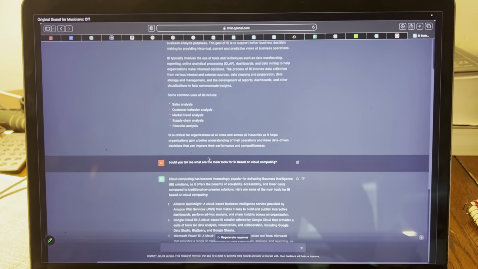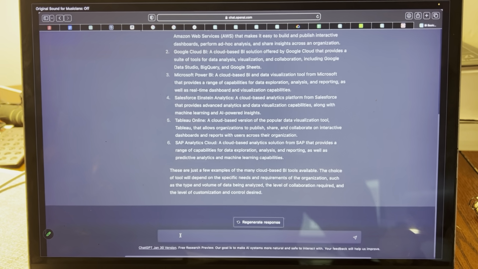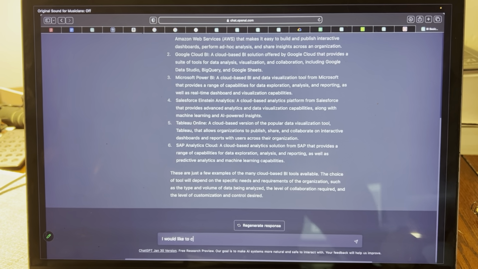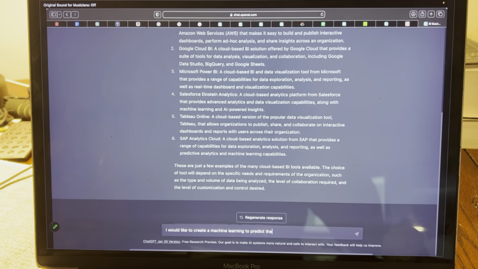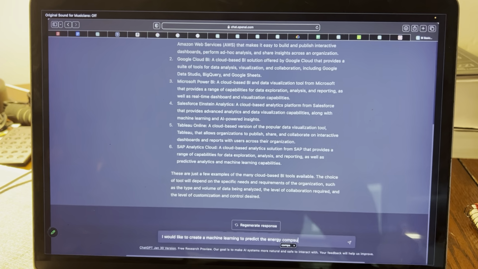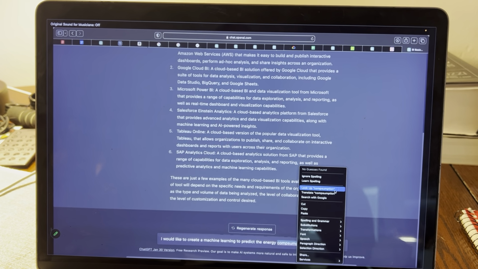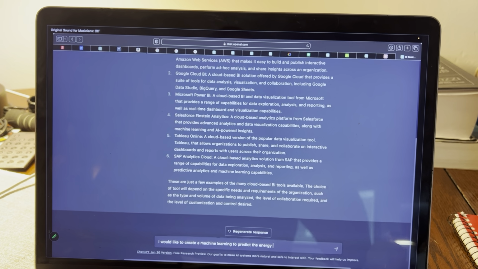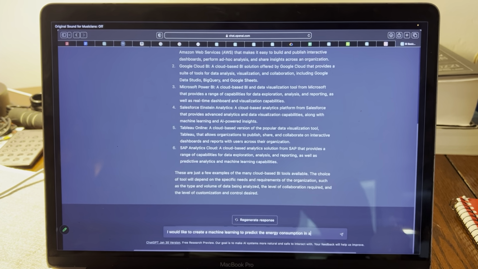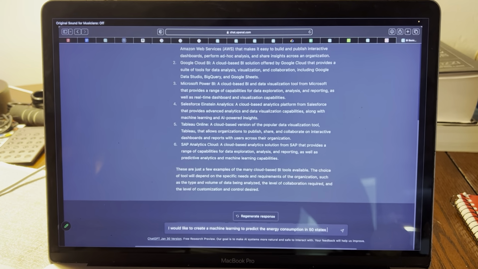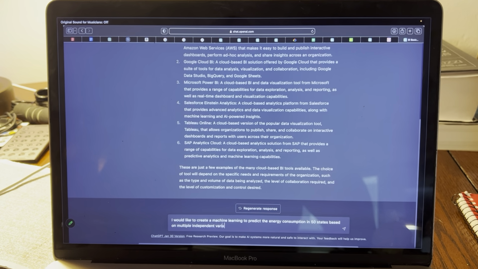Look at this. You can start learning extremely fast any content, okay? And this is great. For instance, I would like to create a machine learning model to predict the energy consumption in the 50 states based on multiple independent variables such as